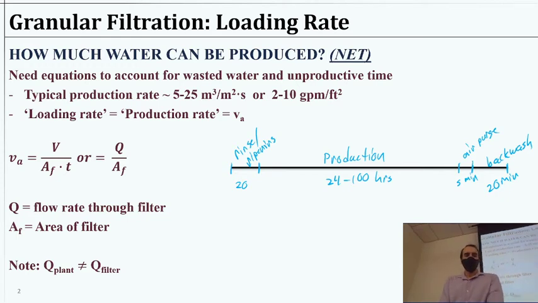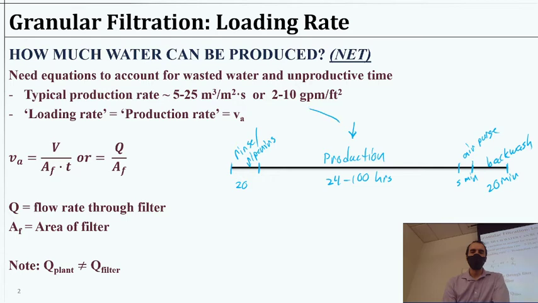Okay, so last time we drew a line something like this, where in a cycle time, we have a rinsing or ripening stage, a production stage, air purge, backwash. So I just left all that drawn up here for you. So the question becomes, how do we know how much water we're producing as a net value? And so a typical production rate during that production time, so when I say production rate, we're really talking about that point,